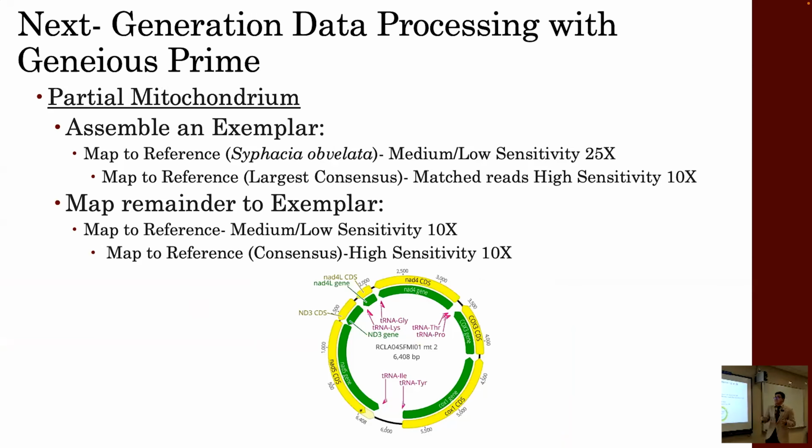I did the same thing with the mitochondrial data, but because I did not have a Gyrinicola seed to work with, I had to work with something that was a little bit more distant. So I used the previously published mitochondrial data for Cyphacia ovulata, which is that mouse pinworm I was talking about before. And then I mapped to reference with that Cyphacia ovulata, used reads again, made my exemplar, took the exemplar,